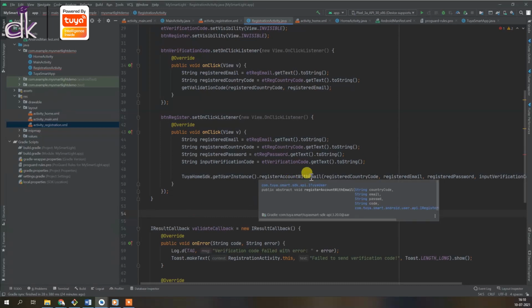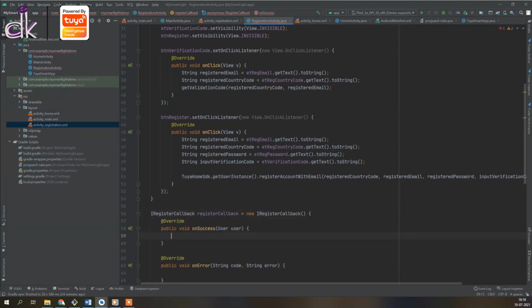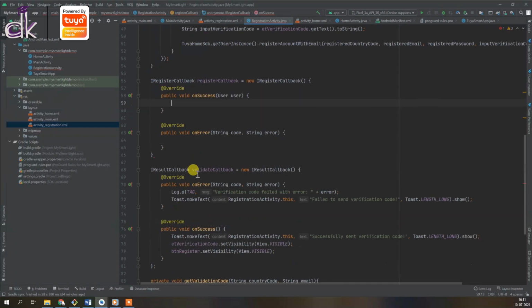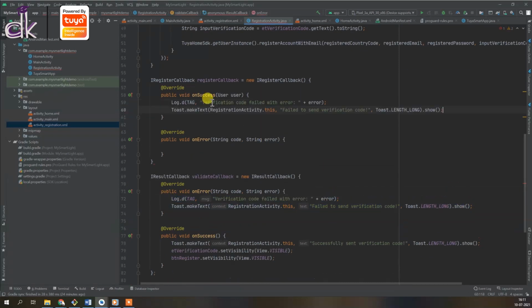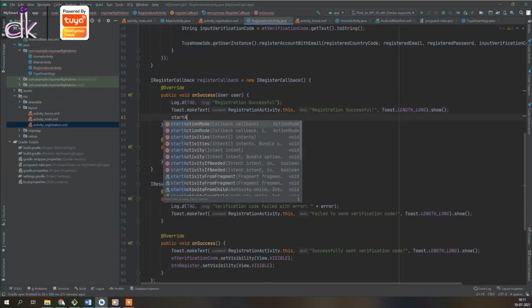Okay, and which callback do you need to create? It's the I register callback, as you can see. So I callback, and it's going to generate this, and on success, obviously you will take the user to the next activity. Okay, so I'm just going to copy this toast and this thing. So here I'm going to change this to, and finally you want to direct the user to login, right?